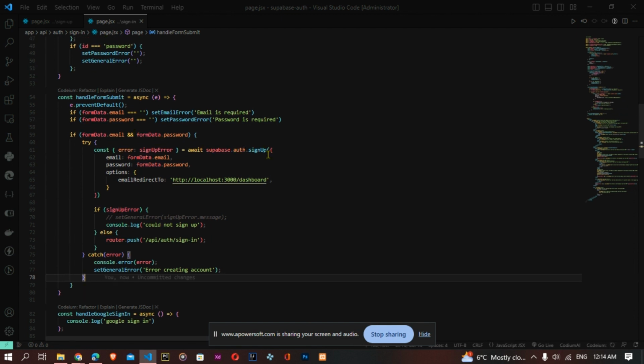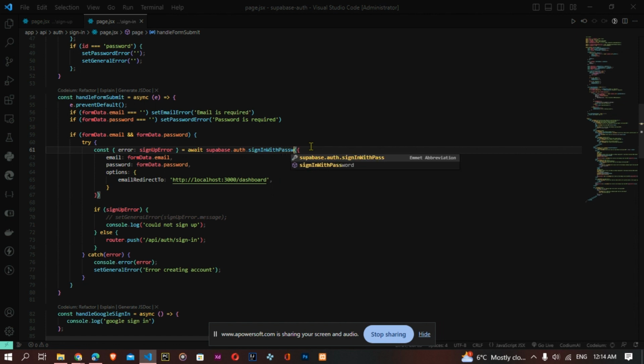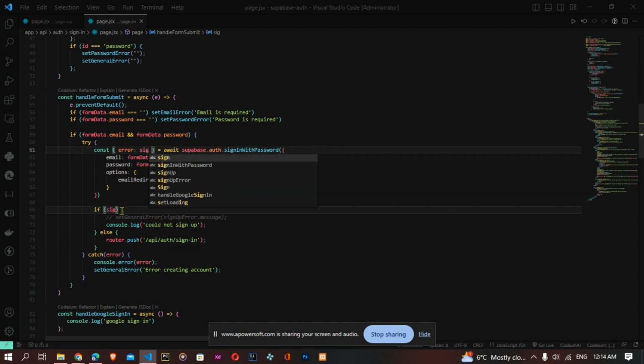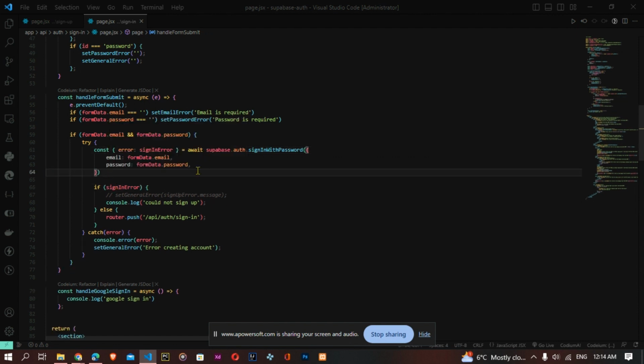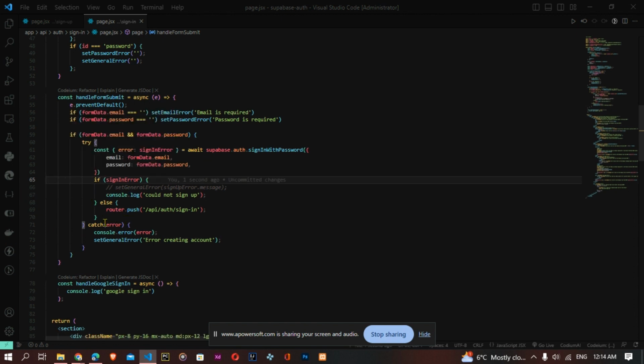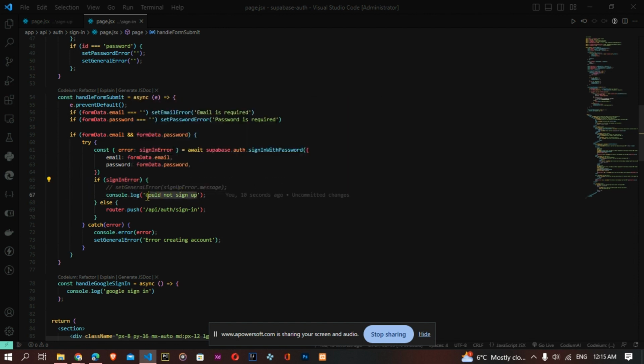Nice. But for this, I'll actually need to change this to sign in with password here. So this, I can just call this sign in error. Yep. So in the sign in with the password, we don't actually need this since we're going to be redirecting the user once the user signs in. So we can say if there is a sign in error, then we can say error signing in, but we